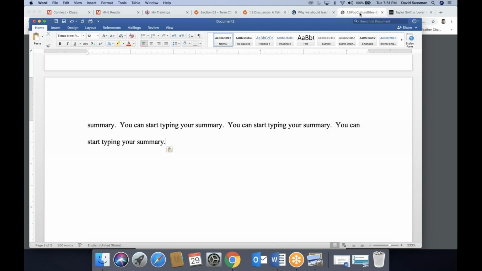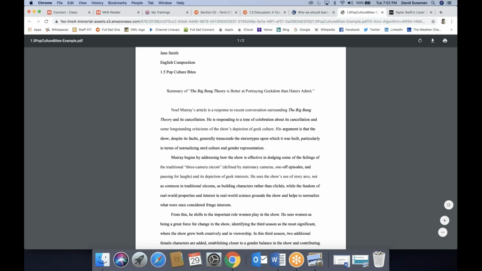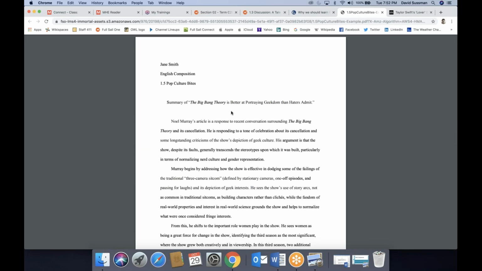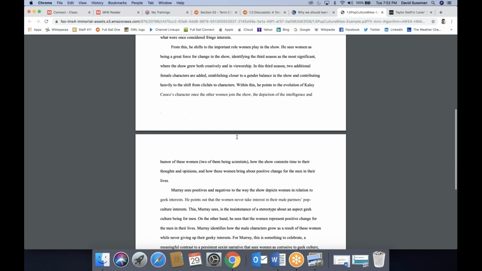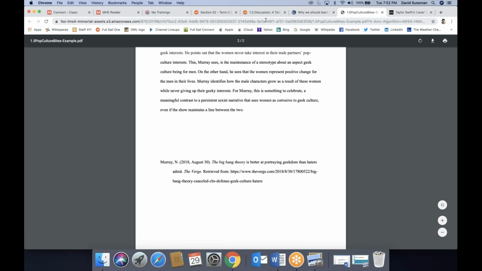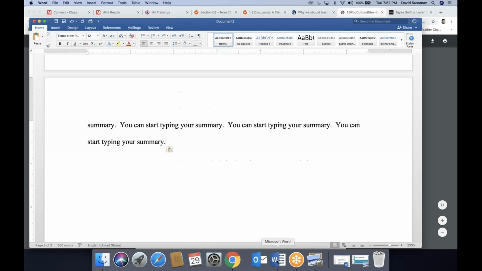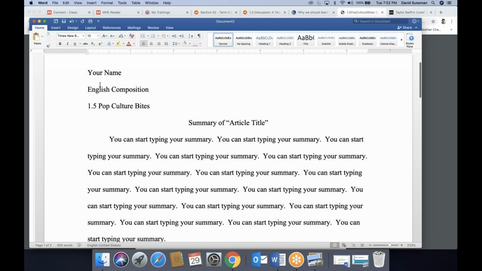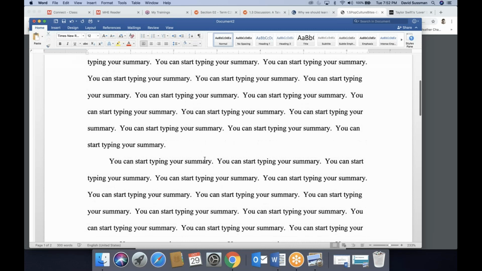Okay. Now I'm going to show how to create references, but again, you could study the example. And this, by the way, we try to show good examples, but not perfect examples. So technically, yeah, she doesn't need this much space here, but the rest of it looks fine. But here's her reference. So you can study her reference, or you can study the example that I'm going to show you in just a moment, or you can watch me as I create a reference in real time, which I'll do in just a moment. But these are the basics, okay? So if you need to go back and watch the recording of this just to get down these basics, like how to set up the basic format.